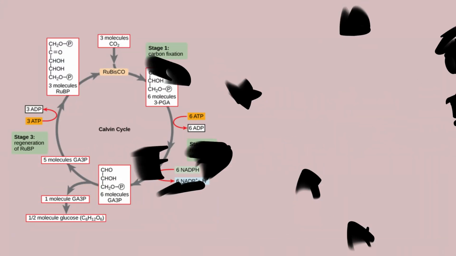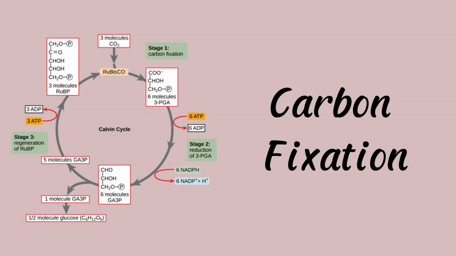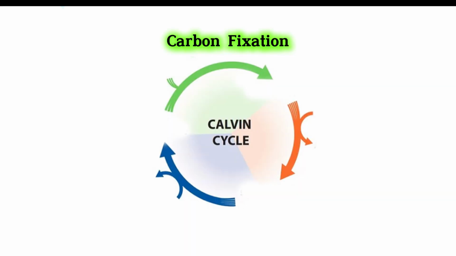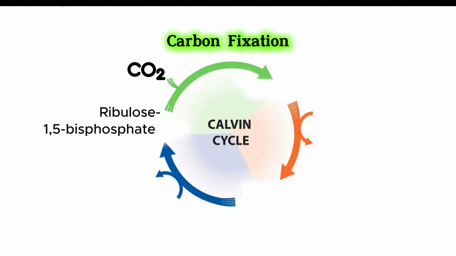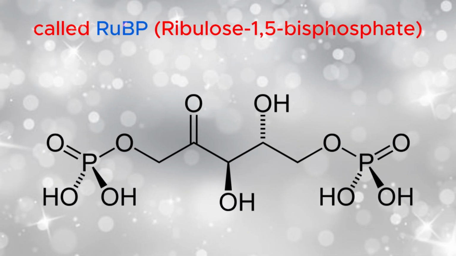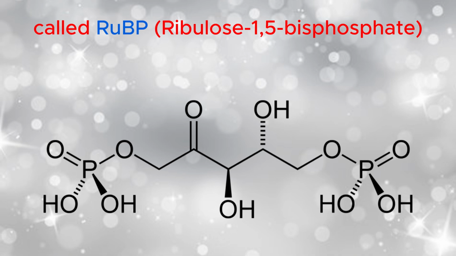Stage 1, carbon fixation. What happens? The Calvin cycle begins by capturing carbon dioxide from the air. This process is called carbon fixation. Key players: an enzyme called rubisco, ribulose 1,5-bisphosphate carboxylase oxygenase, binds carbon dioxide to a 5-carbon molecule called RuBP,